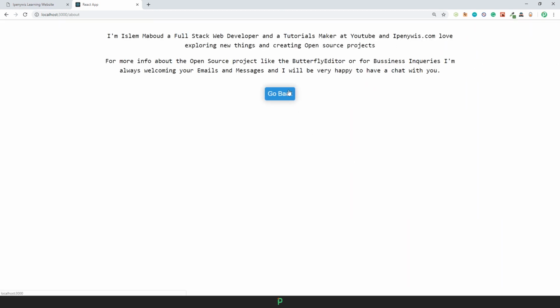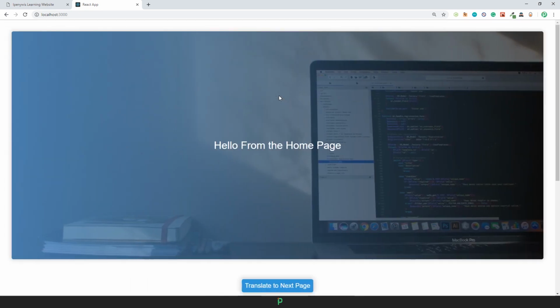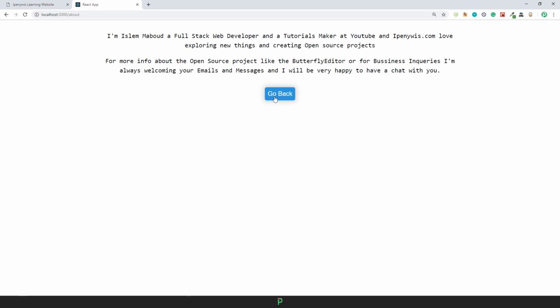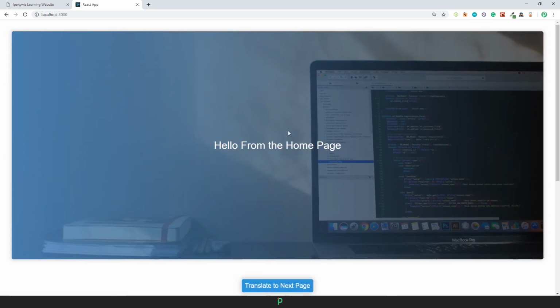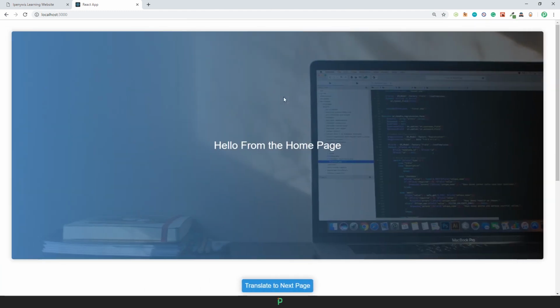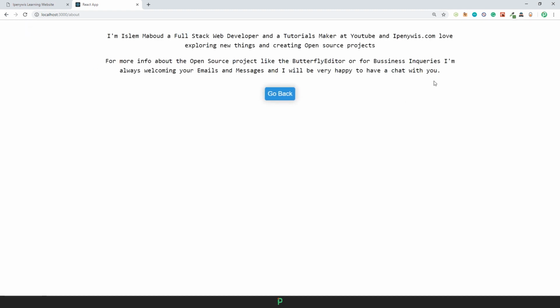get this really smooth moving from left to right transition. We can do go back. As you can clearly see, the page comes from left to right, and in this case it goes from right to left and so on and so forth. So as you can clearly see, the calculation in here is doing pretty great. Once we are inside of the about page, it needs to go back to the home page, so it goes from left to right. This is how you visualize backward in your head, or if it goes forward from the home page to the about page, it's gonna move from right to left, as clearly seen here, and the about page